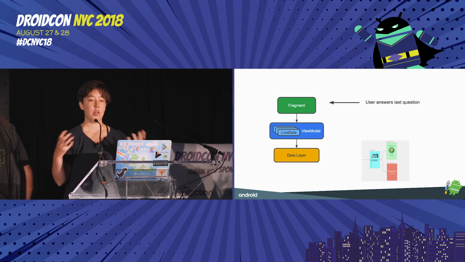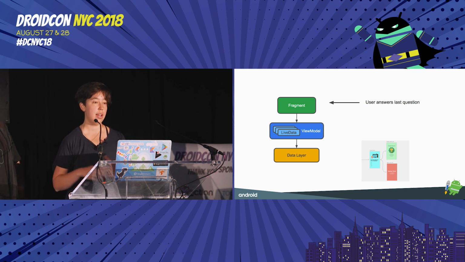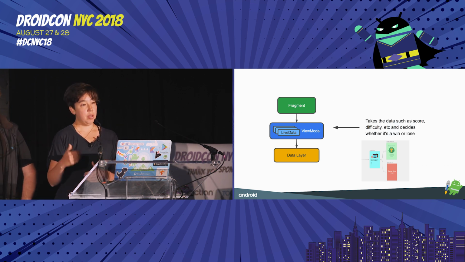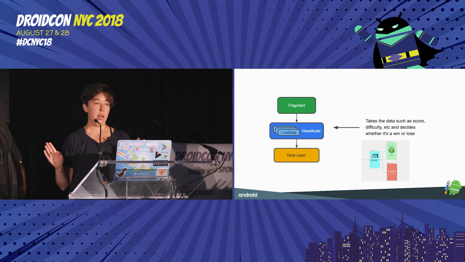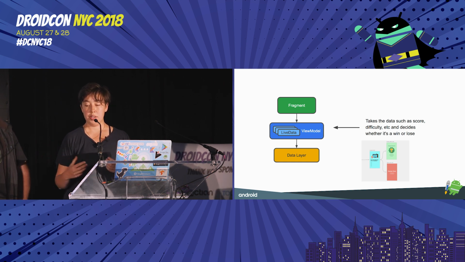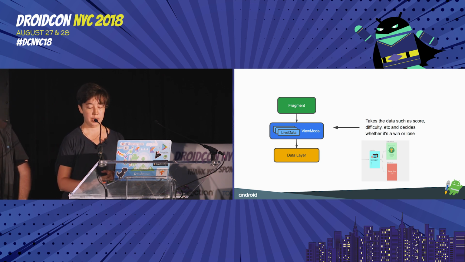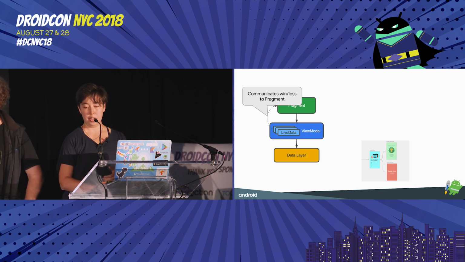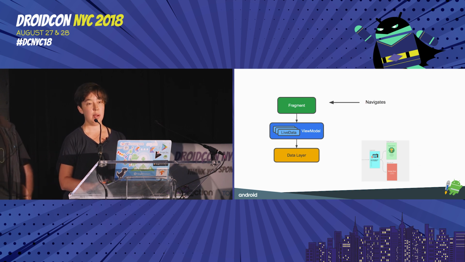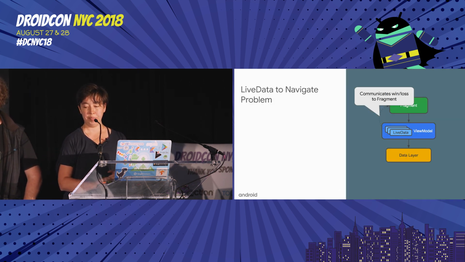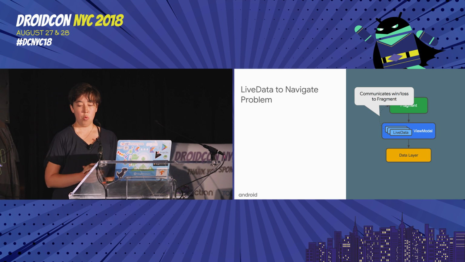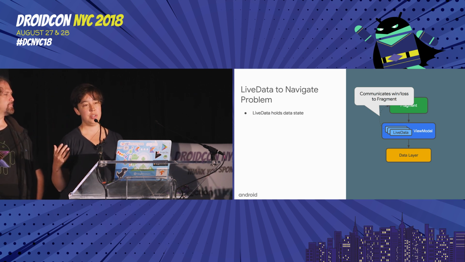Okay, so if we're talking about the specific scenario, the first thing that we would likely do is have something that occurs in the fragment. The user clicks the last question or something like that. So the user basically triggers the end of the game. And the fragment will then communicate with the view model, hey, the game has ended. And that's where it stops thinking about things. Then the view model takes over, and it's the one that likely has all the information about what the score is, the difficulty, et cetera. And it has all that conditional logic about what should happen next. It updates a live data, which then communicates back to the fragment, and then the fragment's the one that actually navigates to a destination.